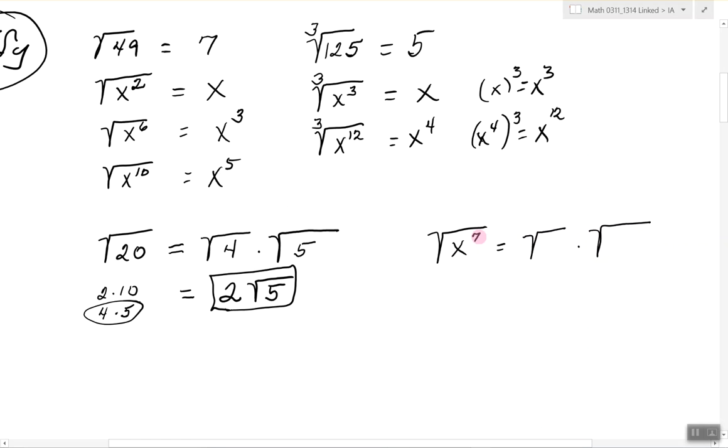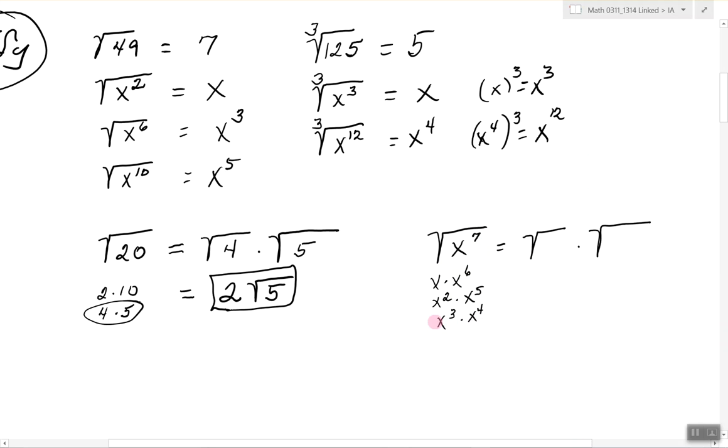Thinking about undoing the product rule, it could be x times x to the 6th. It could be x to the 2nd times x to the 5th. It could be x to the 3rd times x to the 4th. And I think that'll be my choices because the product rule says the sum of the exponents has to equal